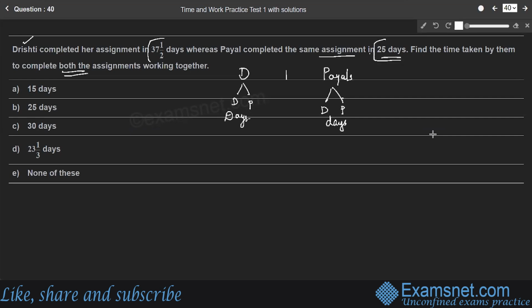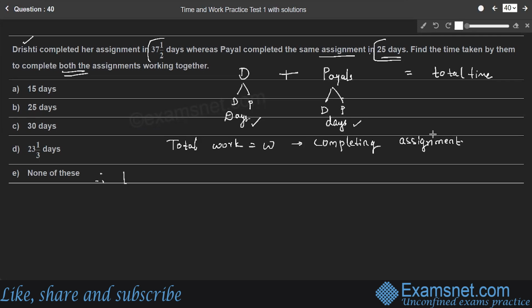Therefore, the total time taken by them is the number of days taken to complete Drishti's assignment plus Payal's assignment. What is the total time taken by them? That we have to find, right? Here, to complete an assignment, we'll take it as the total work. So total work, let it be W, right? Here, total work is nothing but completing an assignment. To complete this work, Drishti takes 37.5 days, right? Therefore, 1 day work of Drishti